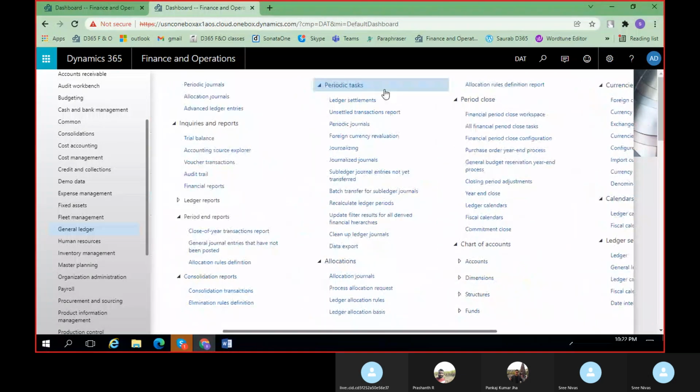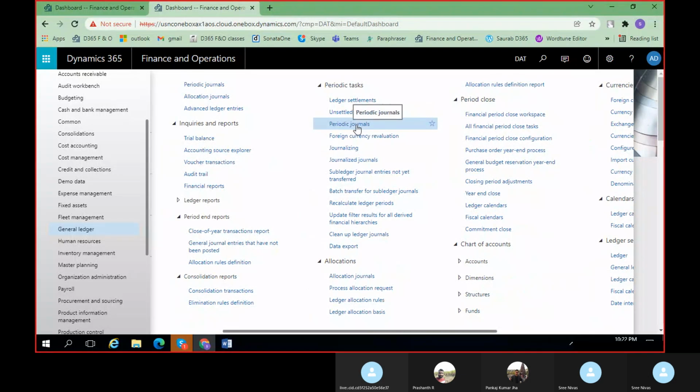And this is related to periodic tasks. If you want to pull out anything related to ledger settlements, or ledger related transactions, you can get it here. And unsettled transactions report: on a daily basis, you might be posting a few transactions but you are not going to settle them. If there is anything related to payment, for some reason you might have kept it on hold, or any other transactions went on hold. All these transactions you can get here. And this periodic journals, this is some related recurring transactions configurations like rent, salaries I was explaining, right?